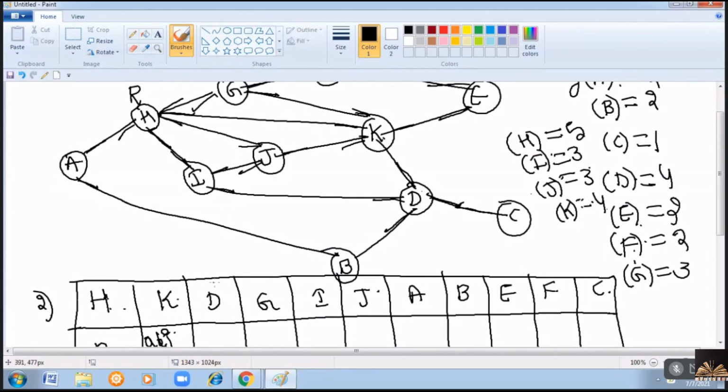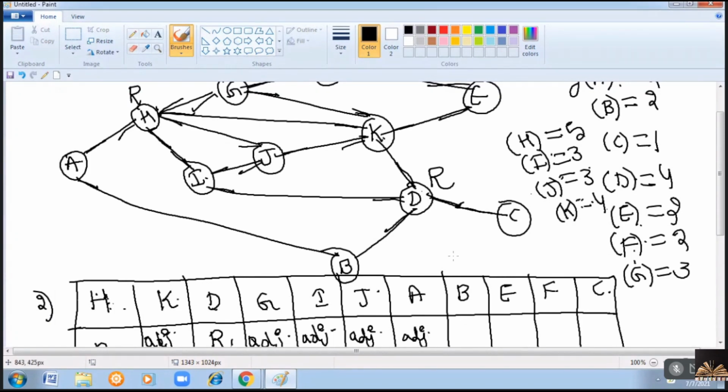When you move down the list, if there is a vertex which is not adjacent to the colored vertex, it can be colored with the same color. So D can be colored with the same color, red. Now again move down the list. Next comes G. Now you have to check whether G is adjacent to both H and D. Why? Because those two are colored vertices now. G is adjacent to H, so you cannot color it. Next comes I. It is again adjacent to H. Next J is again adjacent. A is also adjacent to H.